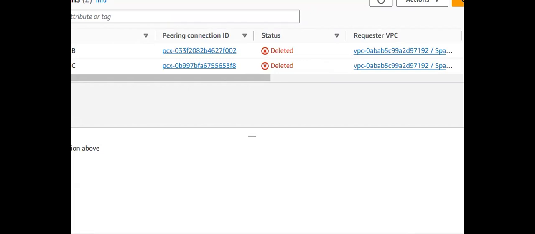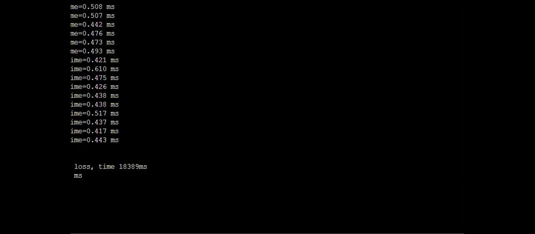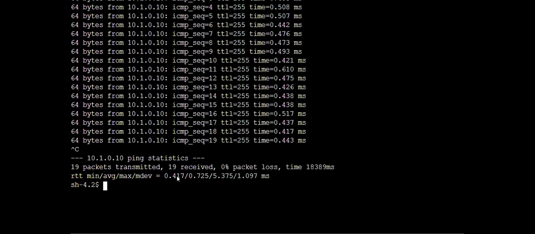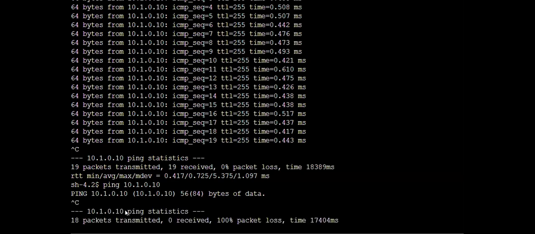Now I'm opening my server 1 and I want to ping my server 2 again and check whether it can get the responses or not. You can see server 1 is sending the request to server 2, but server B is not sending the responses back because there is no connectivity, so requests are not even reaching this server. If you click on Control C, then you can observe